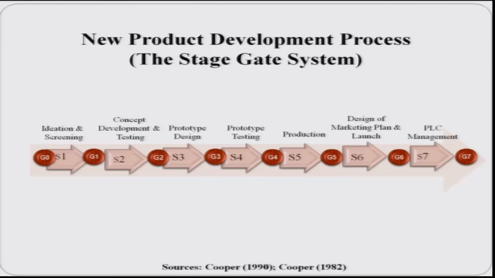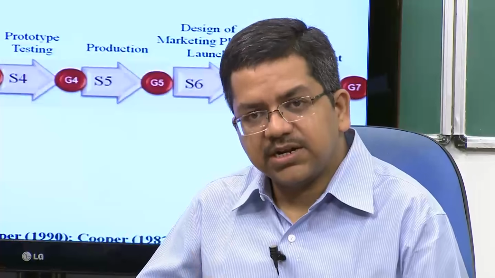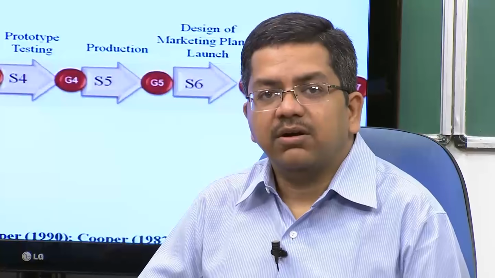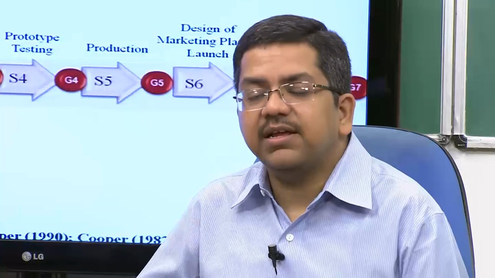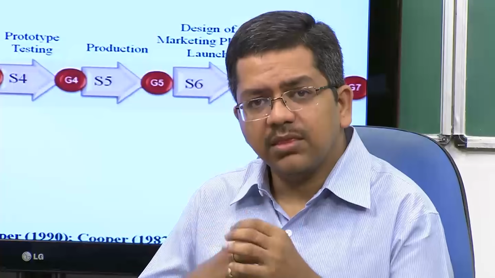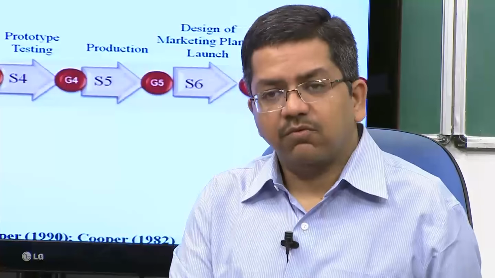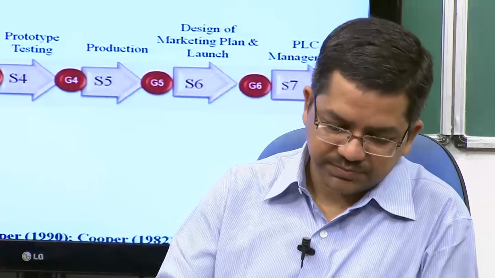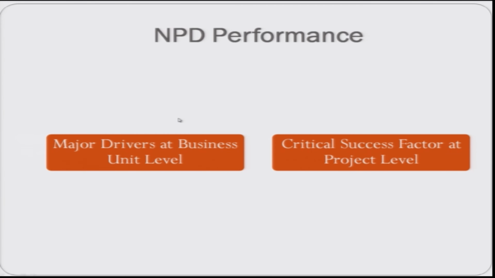and we have talked about the different stages and the gates at the end of each of these stages, what happens inside each of these stages, and why organizations have predetermined criteria for evaluating each of the stages. Then we have also very briefly talked about the limitations of a stage gate system, that while implementing this system, you should know that any limitation of this process should not hurt your new product development process. So, continuing from there, we started talking about what contributes to the success or failure